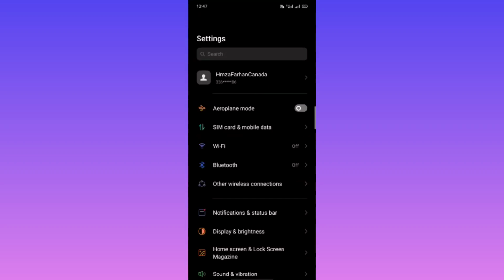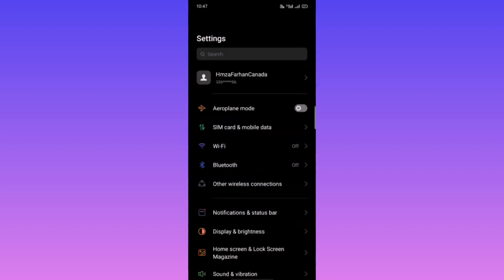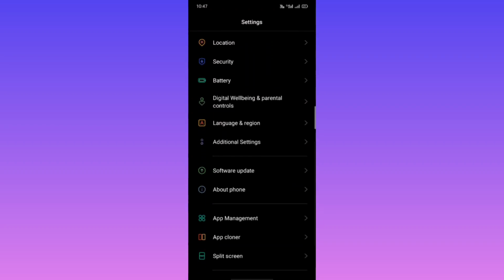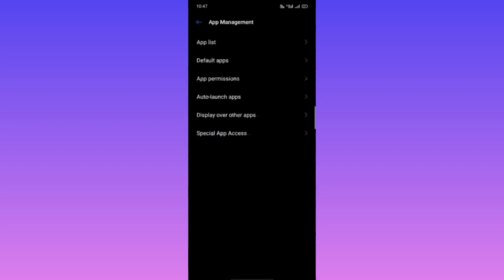Now on the top, you will see search. You have to type in search. In a search you have to type apps and click search, or if you cannot find it in the search, you have to find it by this. Here you can see app management, so just tap on app management, and here you will see the app list. Tap on app list,